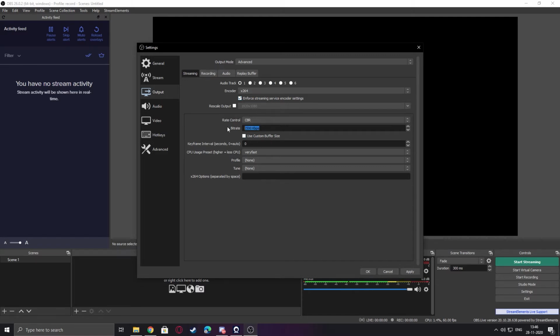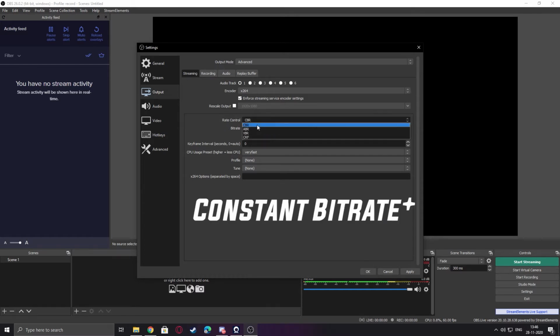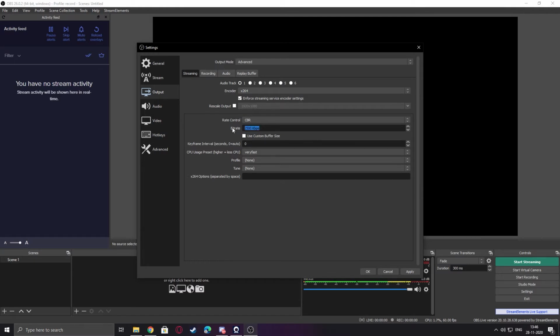First let's see what is bitrate. Bitrate is how much information is transmitted in a second. Let's keep it to CBR, constant bitrate. The bitrate for an average 720p 60fps stream should be 4000 to 6000, and for a 1080p 60fps stream it should be around 6000 to 12000. So it depends totally on your internet.